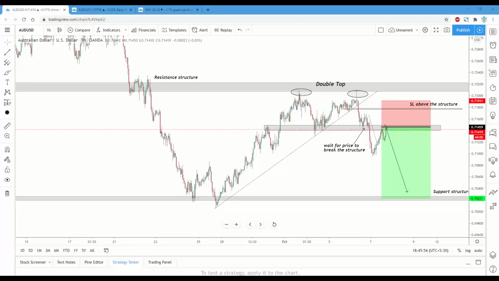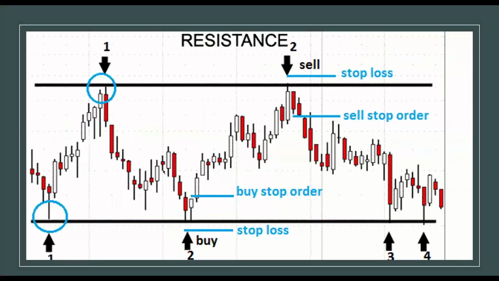So once again, there are many ways to get these. But the most important, like I said, is eyeballing. Now, eyeballing sounds like it's very time consuming, but it technically isn't, because once you've got these levels on your chart,